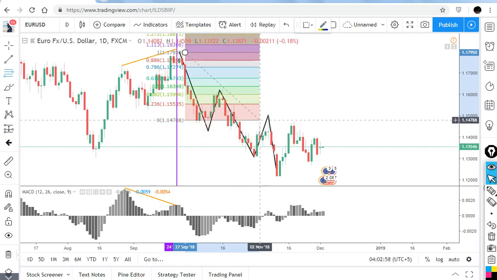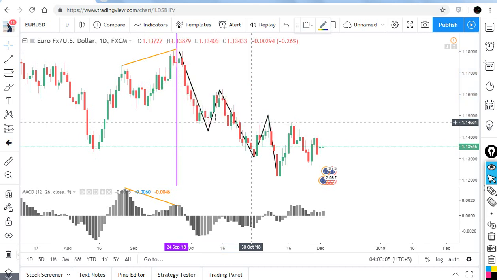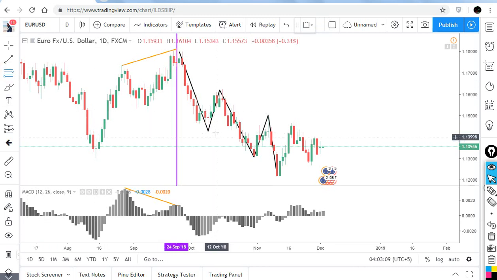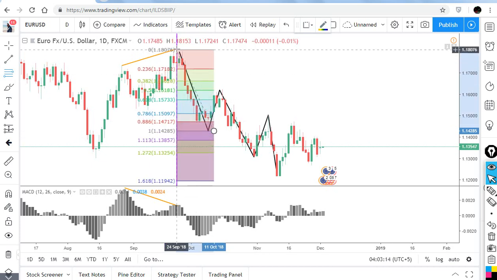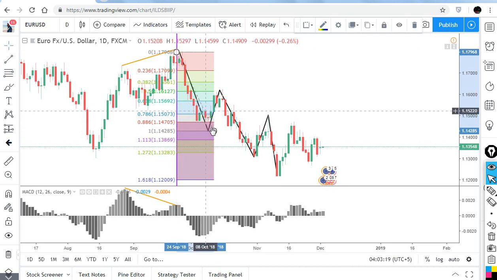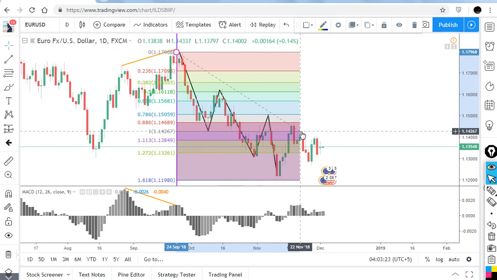This is not the way of checking extension, it's the way of checking two corrections, but for extension you have to reverse it. So for extension I am reversing from here, this is our point, and then I drag it here. First I lock it at the point, and then I make it clearer like this. Now you see that the market comes exactly to the 1.618. This is way number one.